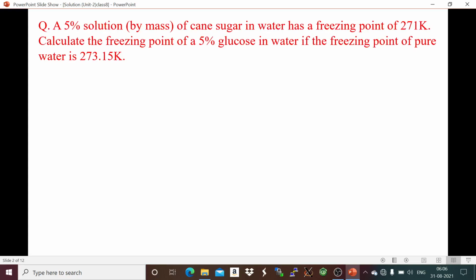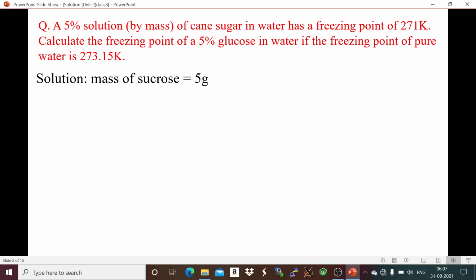A 5% solution by mass of cane sugar in water has a freezing point of 271 Kelvin. Calculate the freezing point of a 5% glucose in water if the freezing point of pure water is 273.15 Kelvin. 273.15 Kelvin, that is 0 degree, no? So first, given,